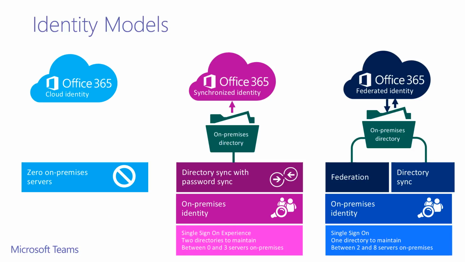Let's take a deeper look at the identity models and the corresponding components that are utilized by these identity models. As you can see on the left, when we look at a cloud identity, because the cloud identity is created and managed entirely within Office 365, there are no on-premises servers that are required for this type of identity. If I look at an Office 365 synchronized identity, in this case, as you recall, the synchronized identity is created and managed in the on-premises directory environment, typically Active Directory. This is then synchronized via directory sync